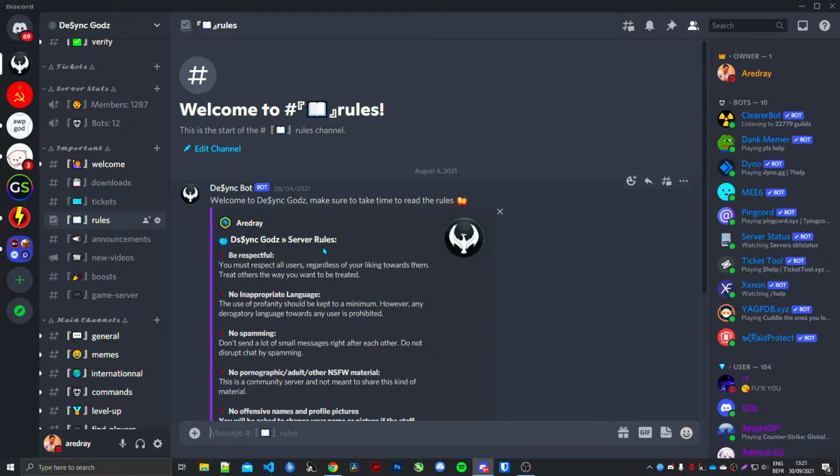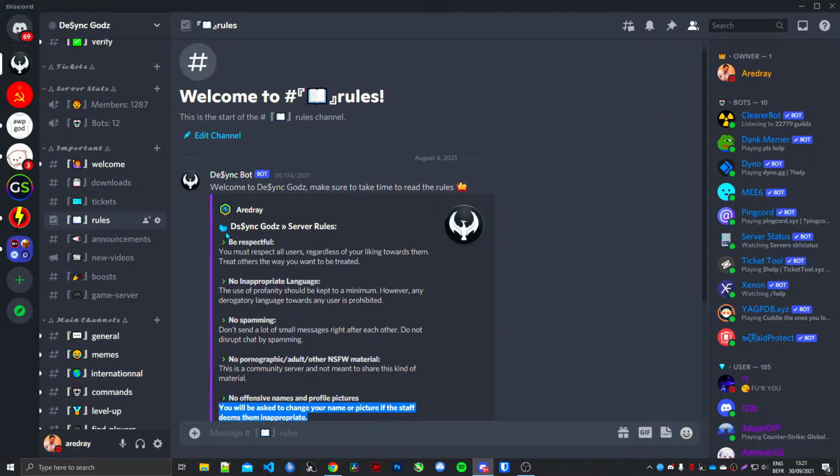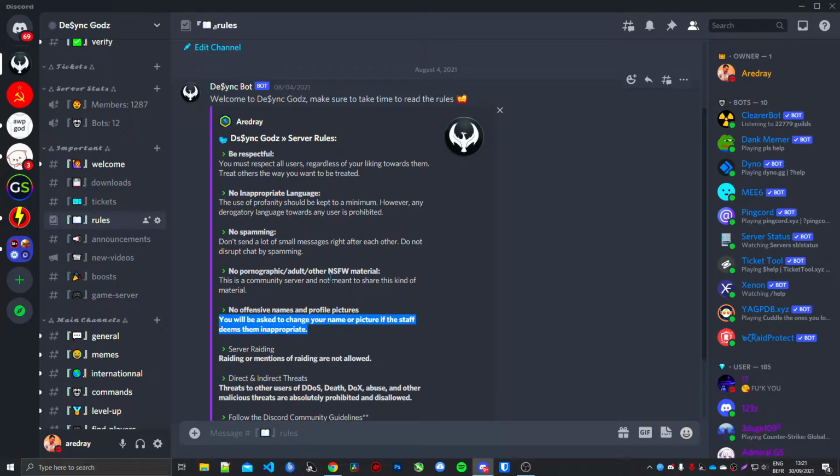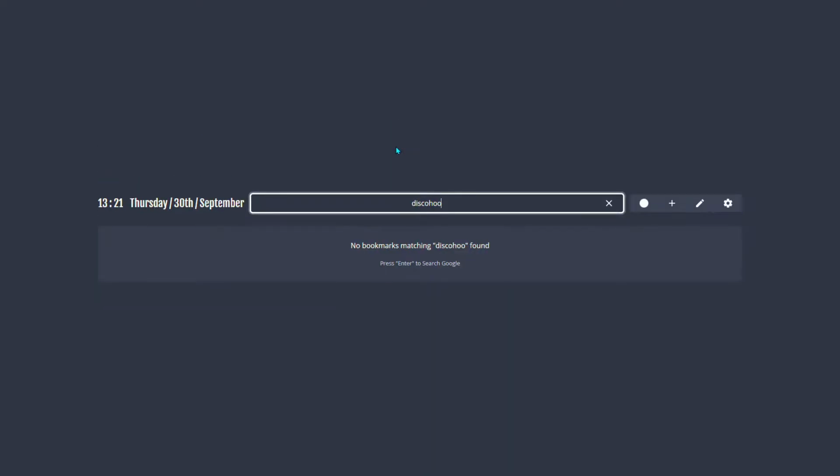Because basically in that platform, you can back up and restore some saves of embeds. So for example, you posted this server's rules and you want to change a rule. You're not going to go ahead and recreate a brand new embed. You can just go ahead and make a backup, and you can just restore and add a line or whatever, modify something, doesn't matter. So let's go ahead and open up our browser and go ahead and search for Disco